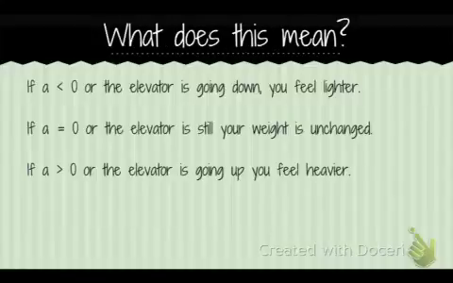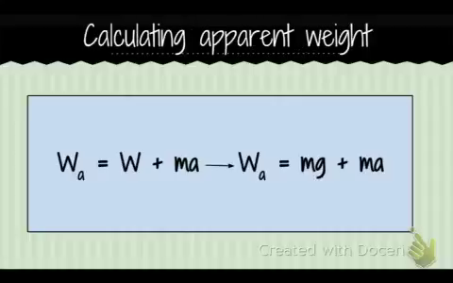So what does this mean? Well, if your acceleration is less than 0, then that means that the elevator is going down, and so therefore you're going to feel lighter. Essentially, if you look back on this last slide, if this acceleration is less than 0, so it's a negative number, then that means that this whole piece